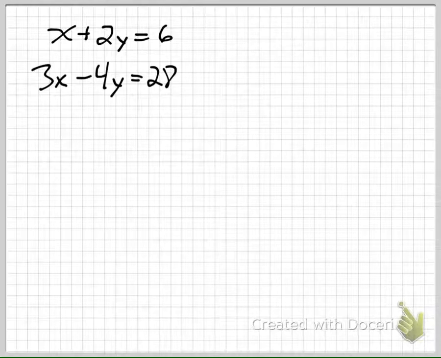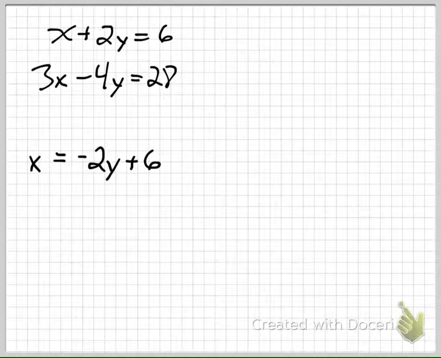I can subtract 2y from both sides. Agreed? So x = -2y + 6. Did everybody get to that point? Seriously, like on your paper, did everybody get to that point? You solve for x, and you move 2y to the other side. Okay, now that I have that,